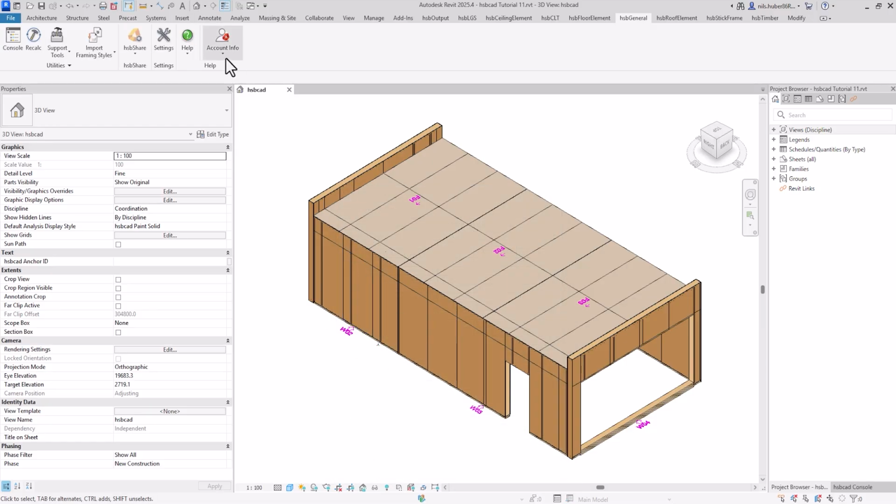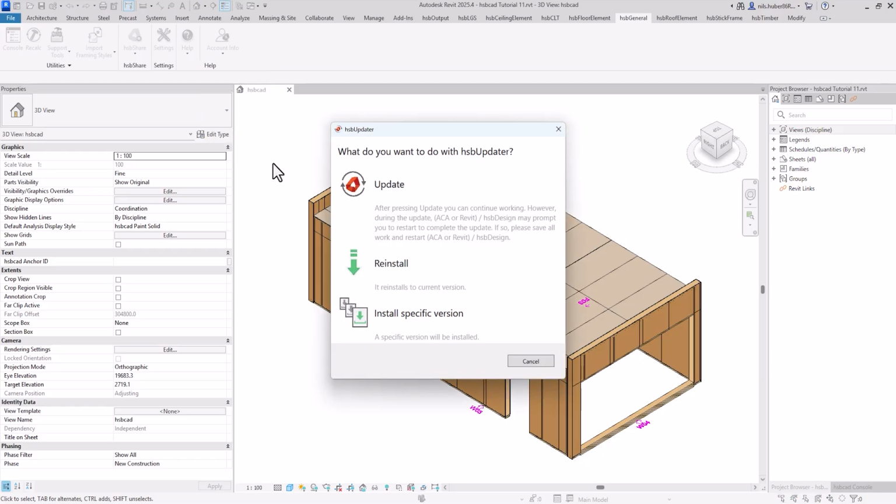In the drop-down account info, you can get information about your account, or you can check for updates. If you click on Update, you can check for updates, you can reinstall your current version, or you can install a specific version. If, for example, you have a project that has been edited in an older version and you want to keep it in that older version,